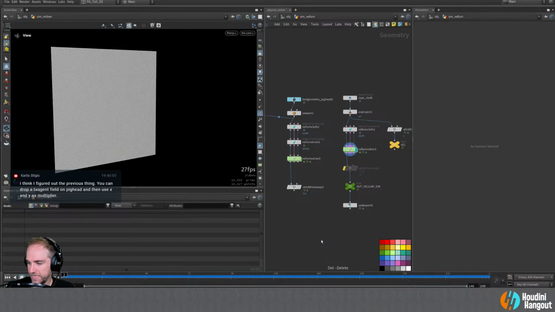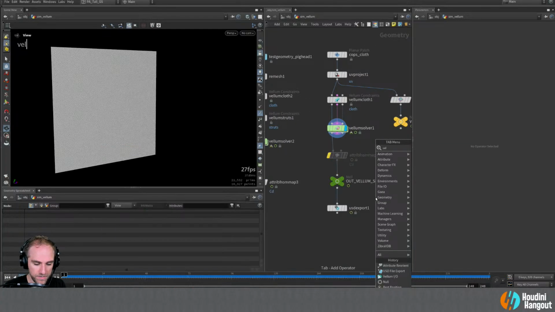Drop a tangent field on the pig head and then use X and Y as a multiplier. Oh, yeah. I could see that, right? So then that would move it in the different directions. Yeah, I think that makes sense. Okay,